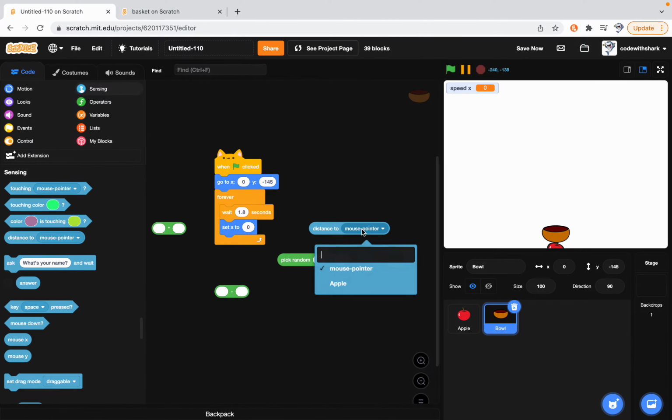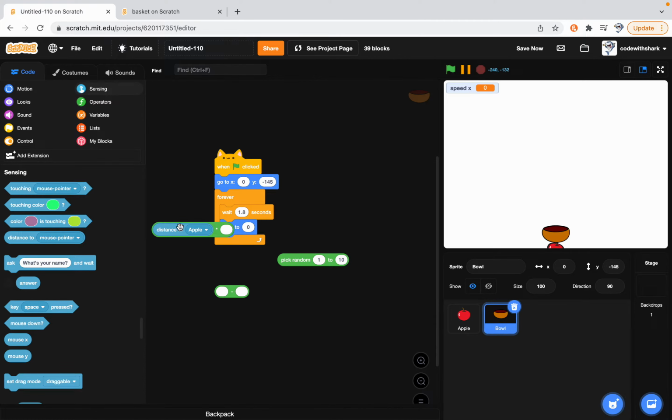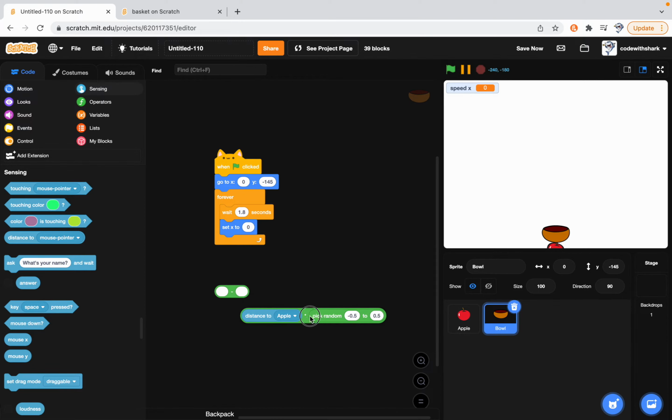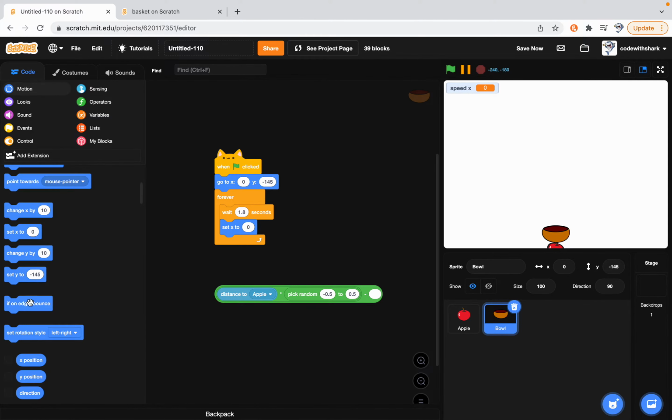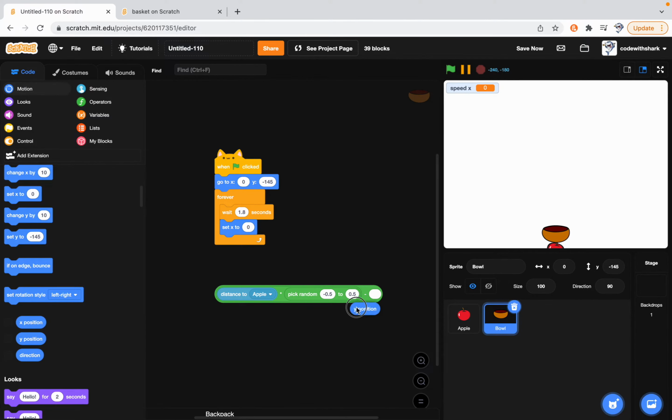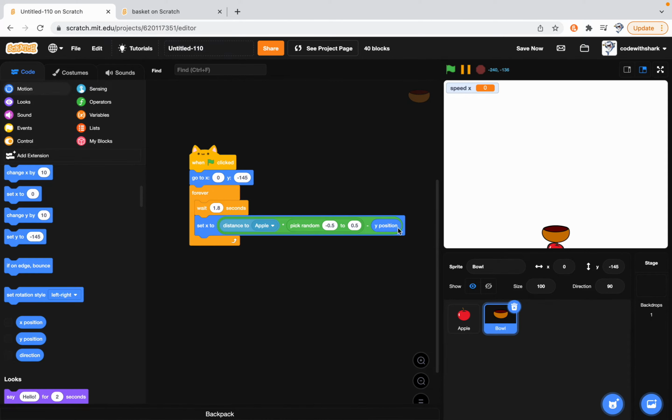So first we're going to distance to apple, times pick random, negative 0.5 times 0.5, and the high would be 0.5, and we're going to minus its y position from it,